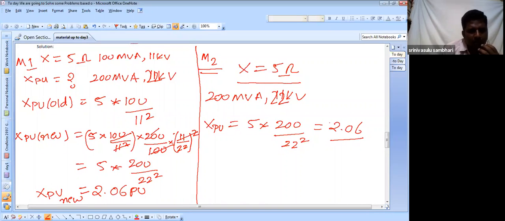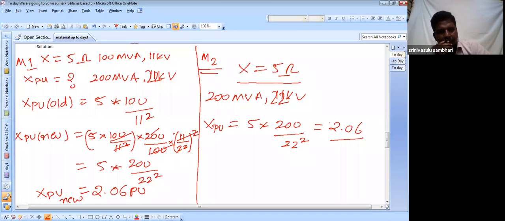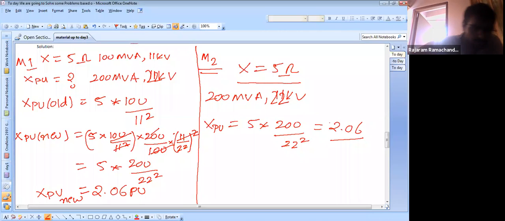It will take so much time. But in the competitive examination we have to reduce it. Simply, the second method I always follow. I know the actual values, whatever the base values, I can easily find out what the X per unit is. Now, are all of you clear on these two methods? Yes, sir. Method 1 and method 2.